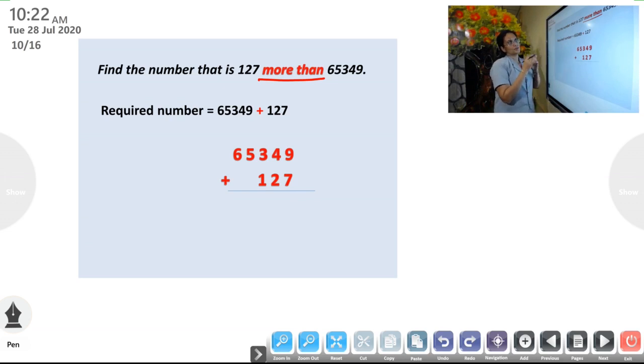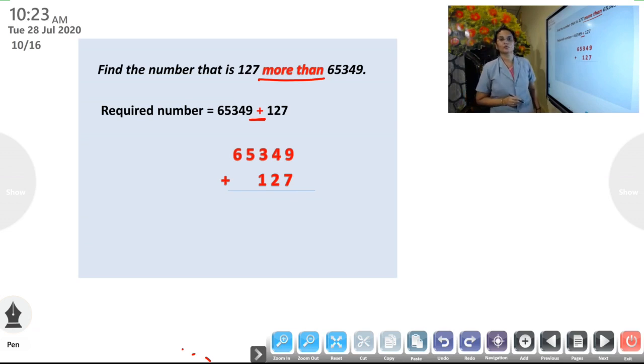So the required number equals 65,349 plus 127. Why is it plus? Because the word more than implies it is addition. To find a number which is more than another number, it is always plus or addition. Okay. So what you have to write? Required number equals